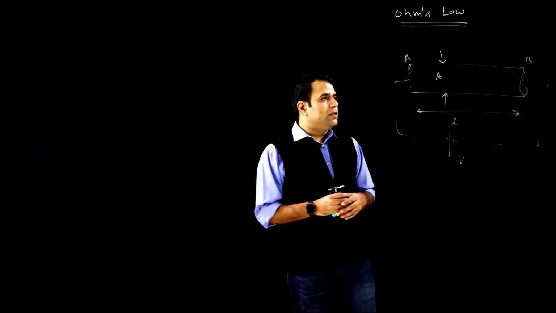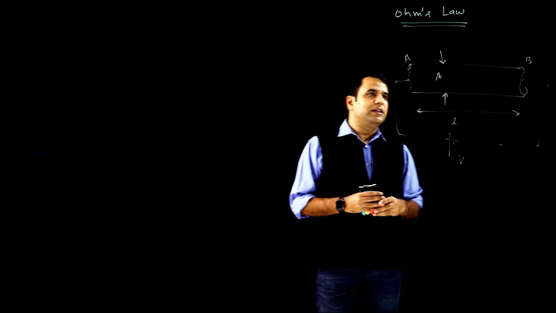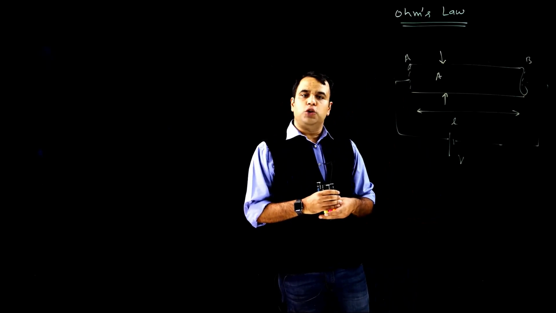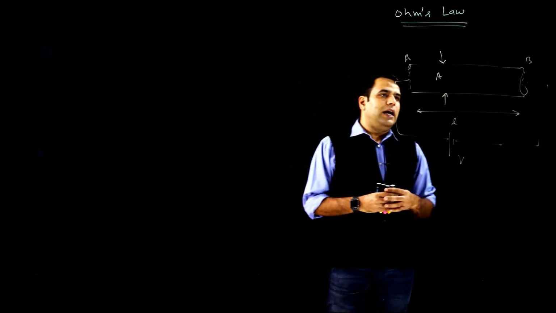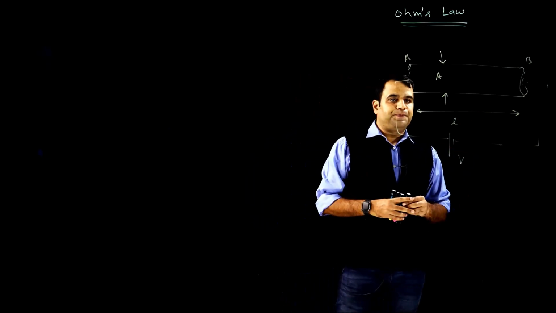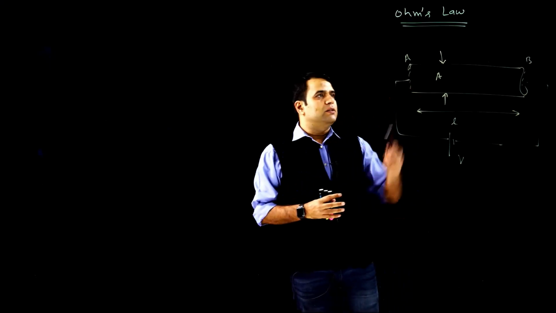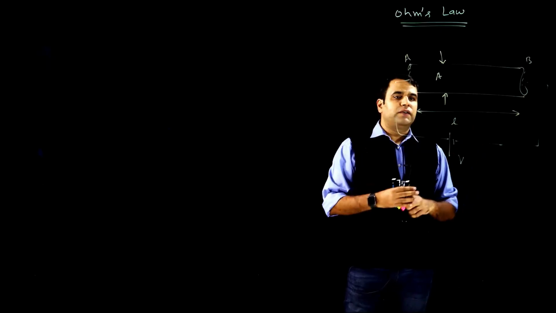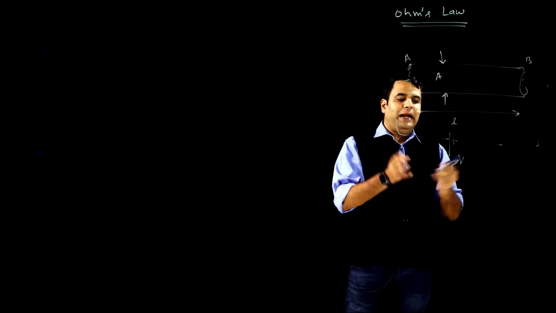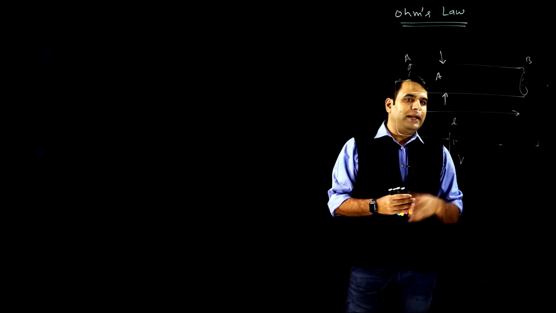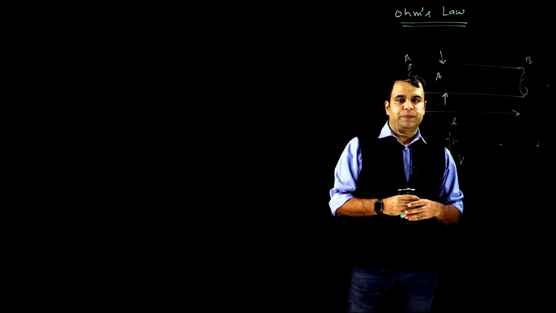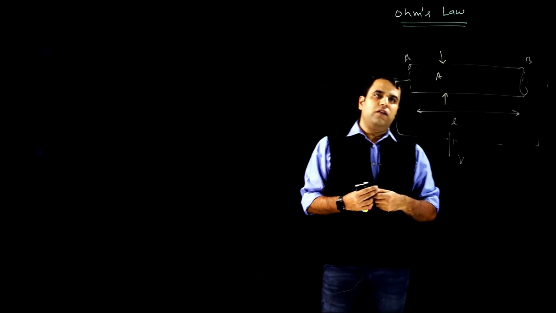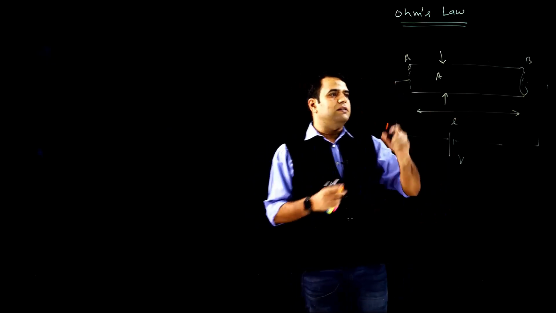Okay. So this is a conductor we are having, and it's a cylindrical conductor like a wire. Its cross-section area we are assuming to be uniform throughout, and the length of this conductor is L. This conductor has two ends. One end is A and the second end is B. These two ends of the conductor are connected with a DC battery of fixed voltage V. Okay. So when we connect this battery with this conductor, obviously we know there will be a voltage difference applied